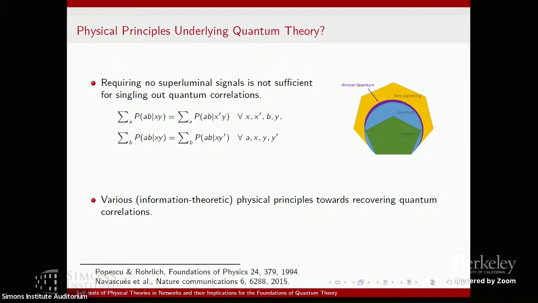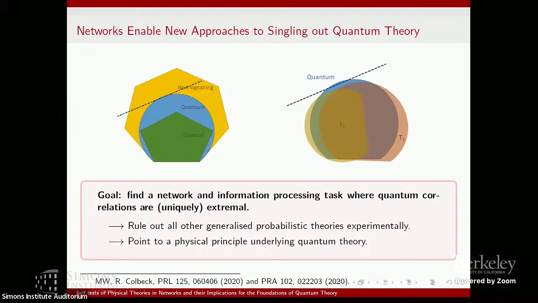Okay, maybe we can put quantum systems into larger networks, and maybe then we can say more. And this is essentially, I would say, the idea behind a self-test of quantum theory. When we change the network, what can happen to these sets of correlations is that somehow their relation changes. So while in the Bell network there are various theories, generalized probabilistic theories that Ellie already mentioned, that get those more general correlations, for instance, having PR boxes.